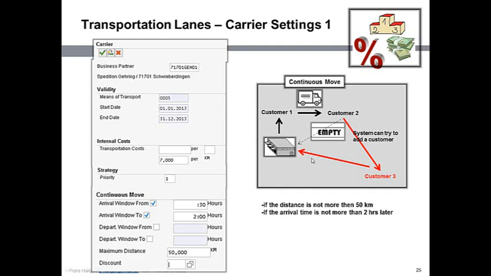If I go to customer 3, I have to specify within the carrier settings what is my arrival window. So in this case, I can add customer 3 as long as I'm between half an hour and 2 hours later than usual at the arrival point, but not more. Of course, the same works as well for the departure. And I've also set up that the maximum additional distance for the whole transportation lane for this third customer is 50